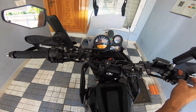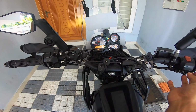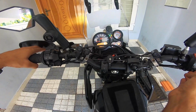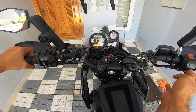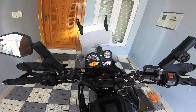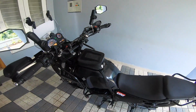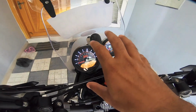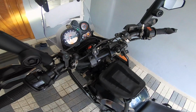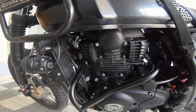So I did crank it a couple of times. I went out on a ride, and all that I could do was hold the bike at 3000 RPM, so there was not much of a difference except this. So you saw, that was the issue. The whole instrument console flickering because of excessive draw from the battery. Now if you listen to the engine note,